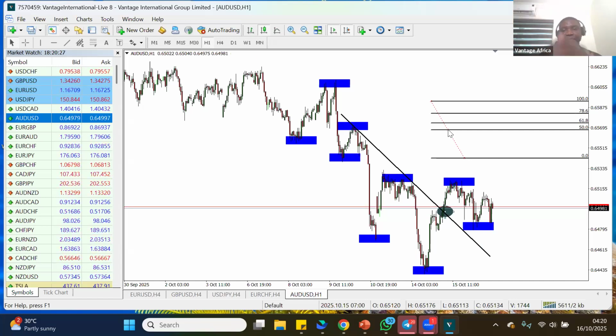Now, if you're looking for a sell trade, you drag from top to bottom, you drag it down, which is from swing high to swing low, and then that gives you a retracement for a sell. So now,